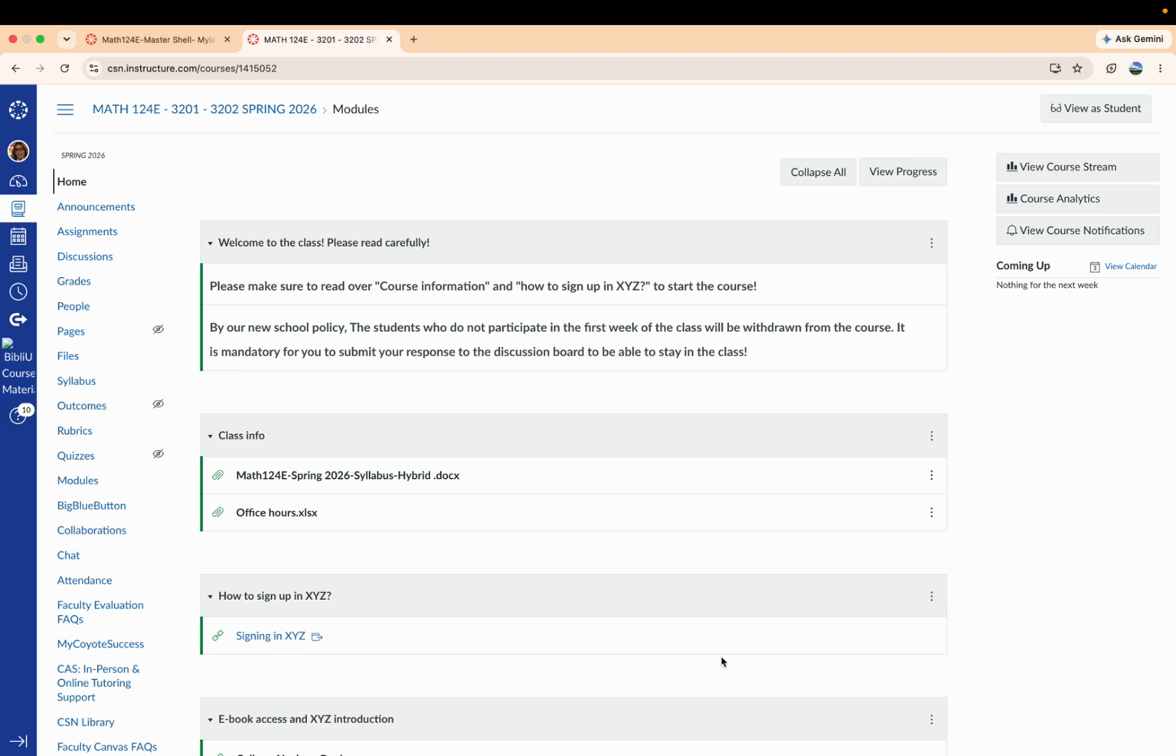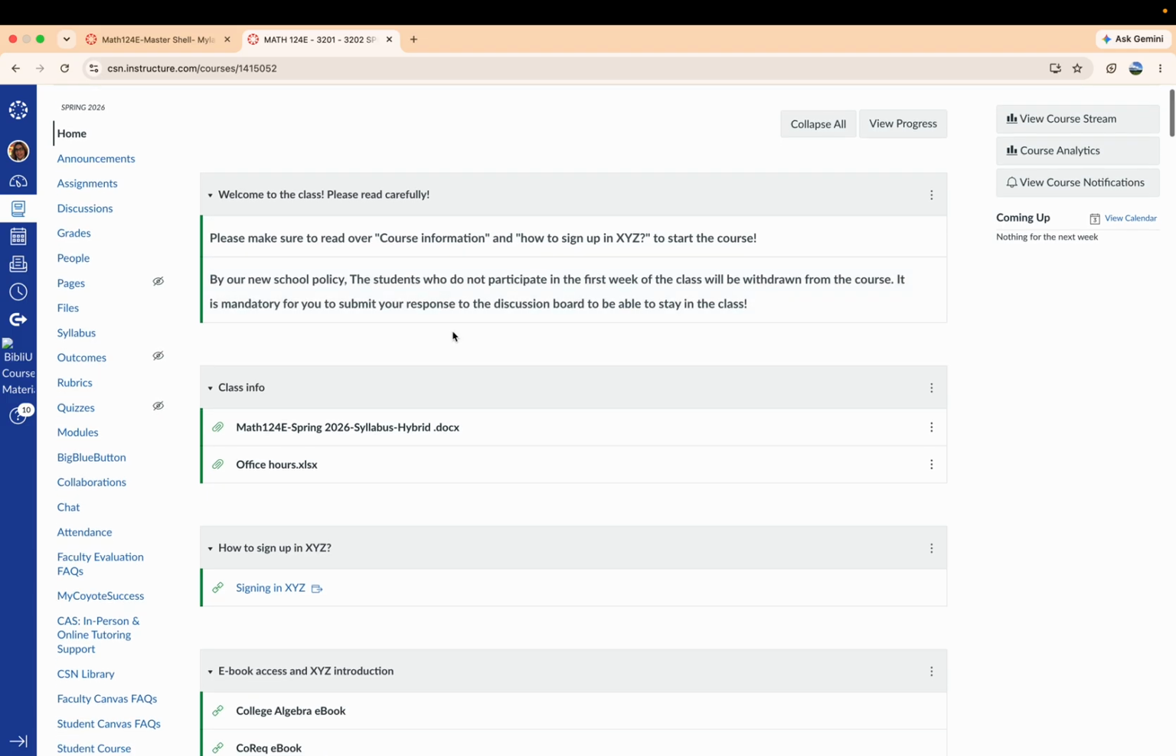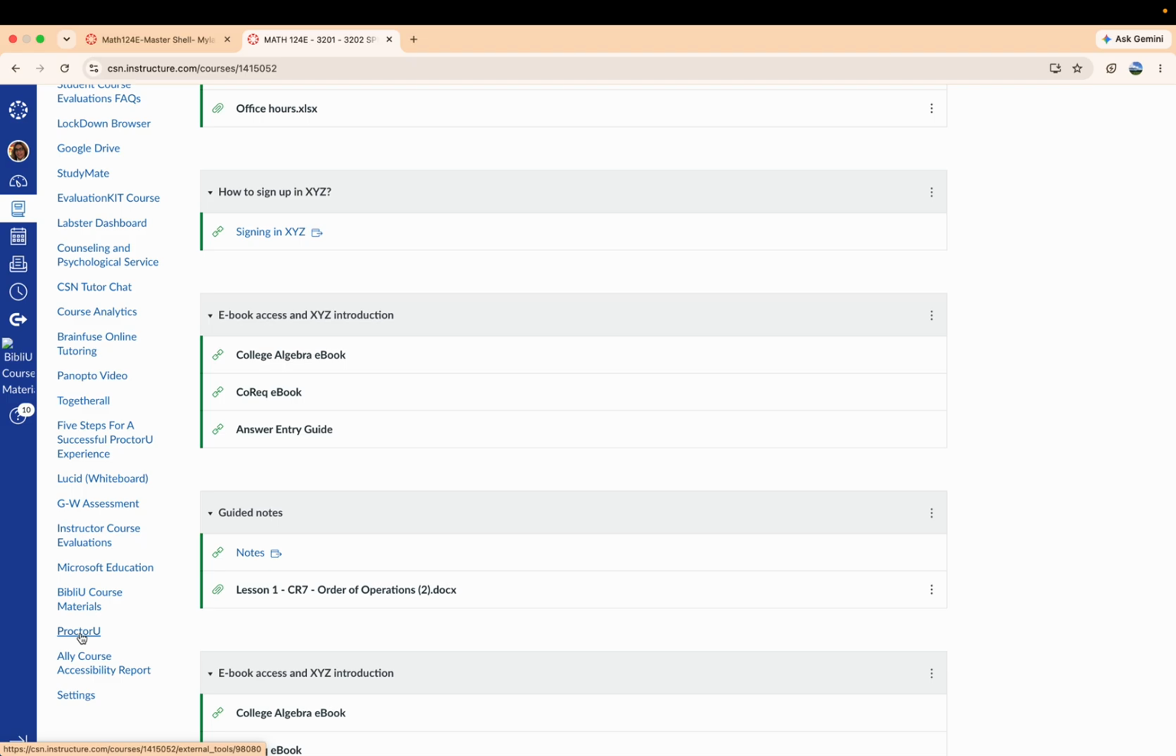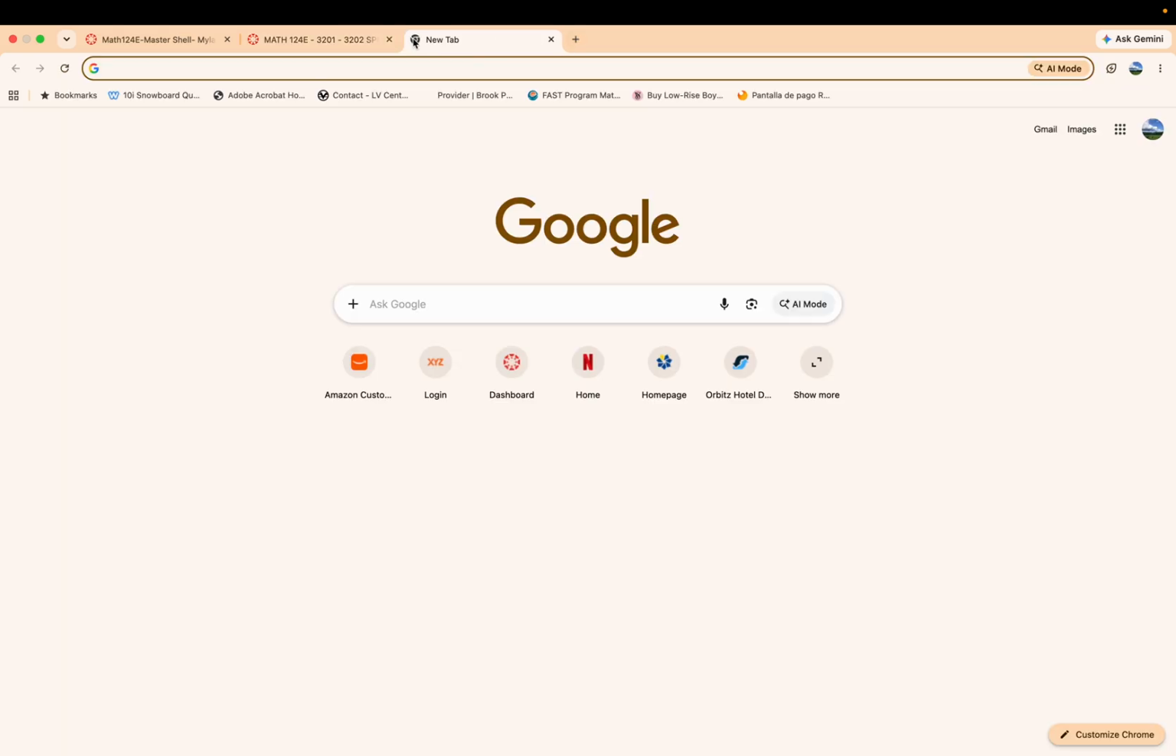I'm going to show you how to use ProctorU. When you go to your Canvas shell, ProctorU can be found here on the left hand side as part of your Canvas shell. Remember that before you have access here, you need to go to